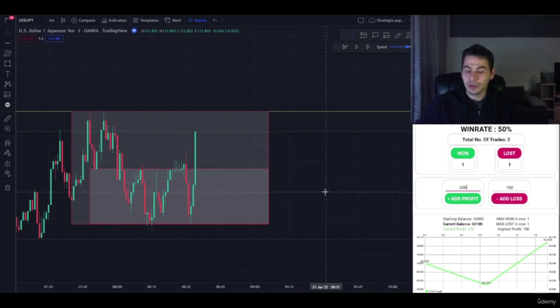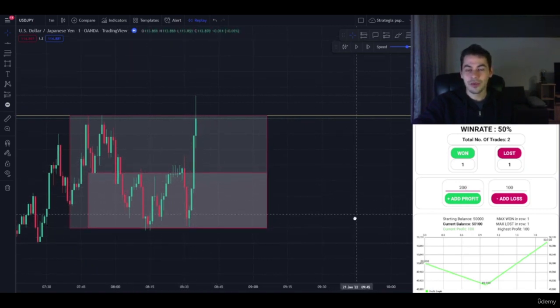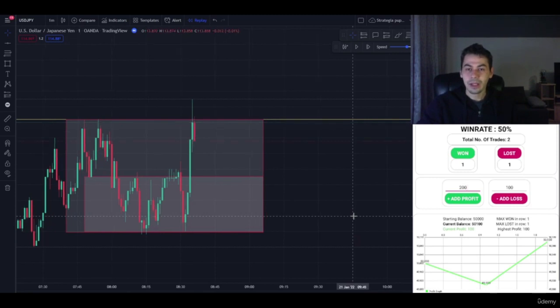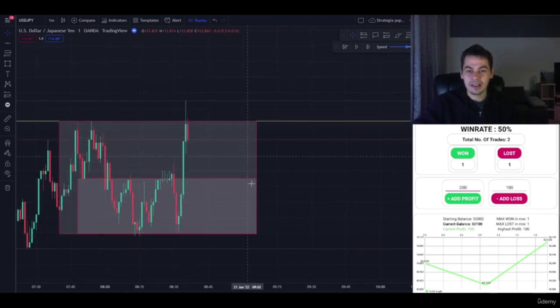Okay, and moving on. And as you can see, this would have been a nice and valid trade. But again, I saw all this wick area over here, and I thought that again 2% was more than enough for this strategy. And let's see what happens here. Again, we can take the same trade